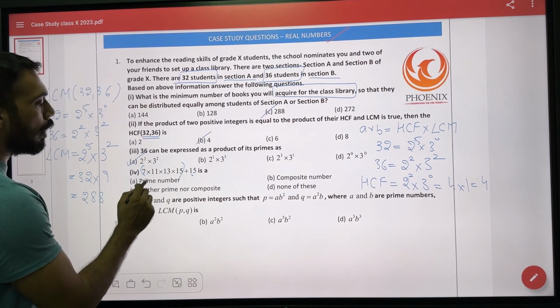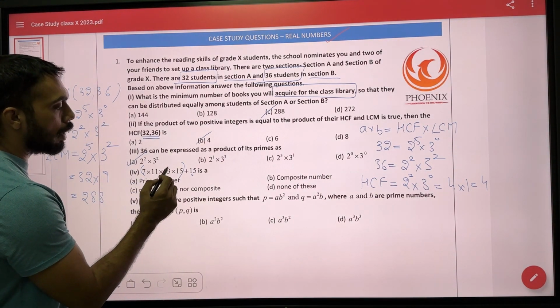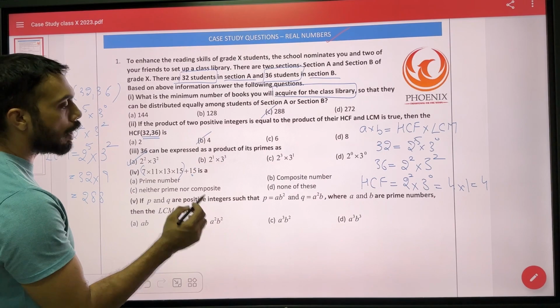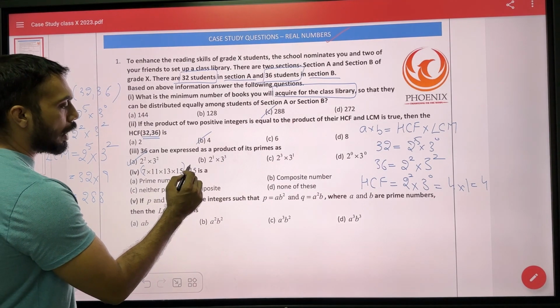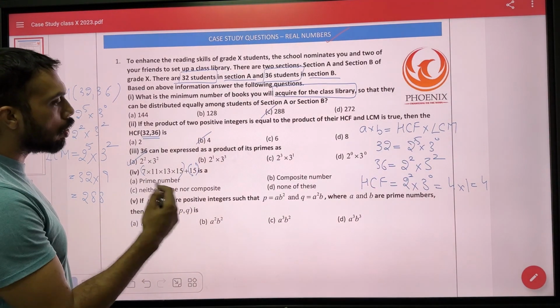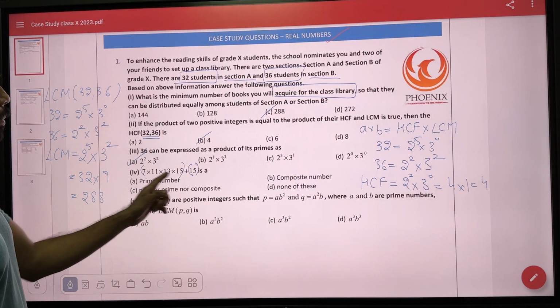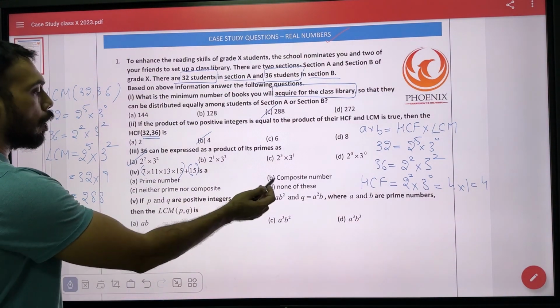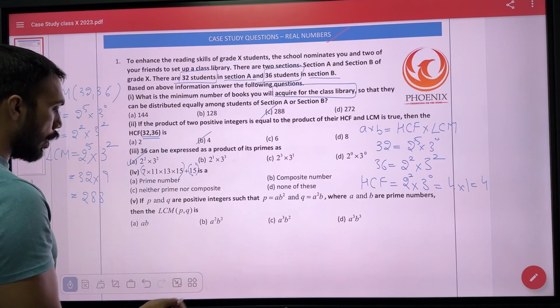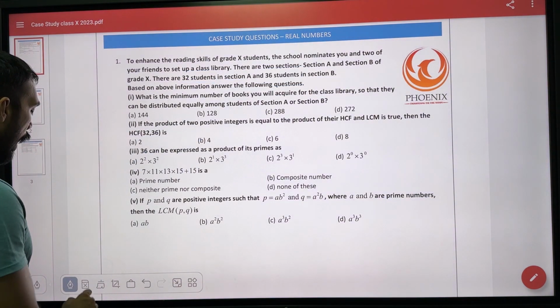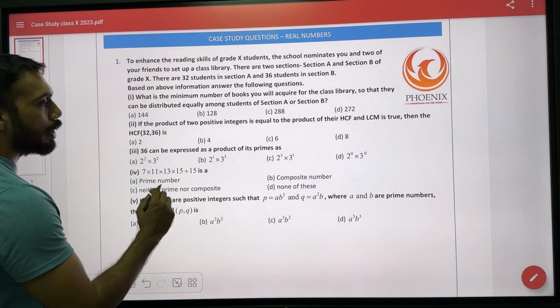One goes from 7 times 11 times 13 times 15, and then once I have the addition sign, it changes the term. So my next term is 15. So in order to check whether the entire expression over here is a prime number or a composite number, neither prime nor composite, or none of these, what I need to do is first simplify this